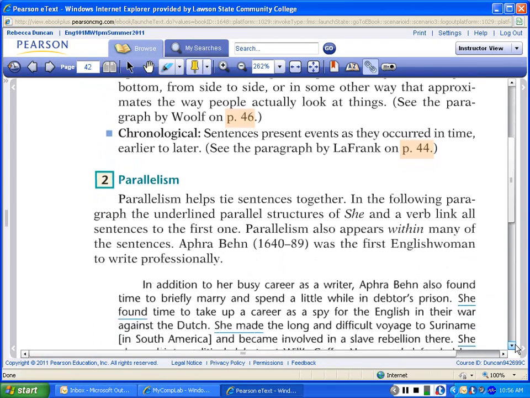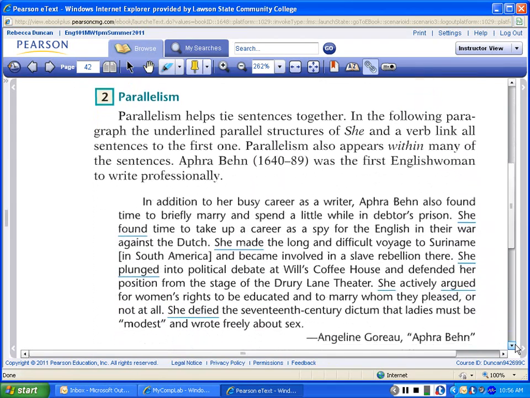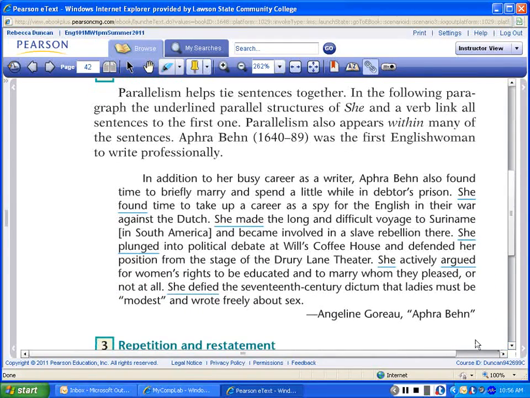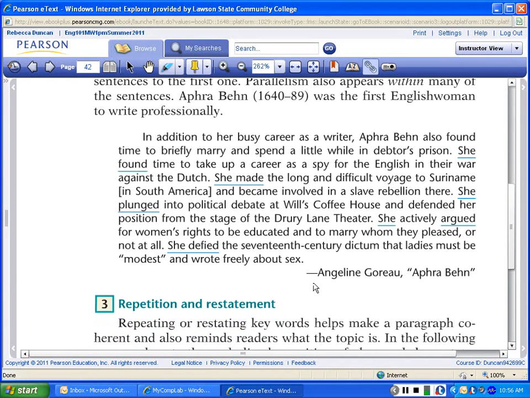They talk a little bit about parallelism, and this is good. You also find that Criterion will flag the repeated use of she. So sometimes you might want to just reuse the word Ben, the author's last name here. That can work two ways. I don't think that this is really the strongest way to use parallelism, but it does help link things together rather than just